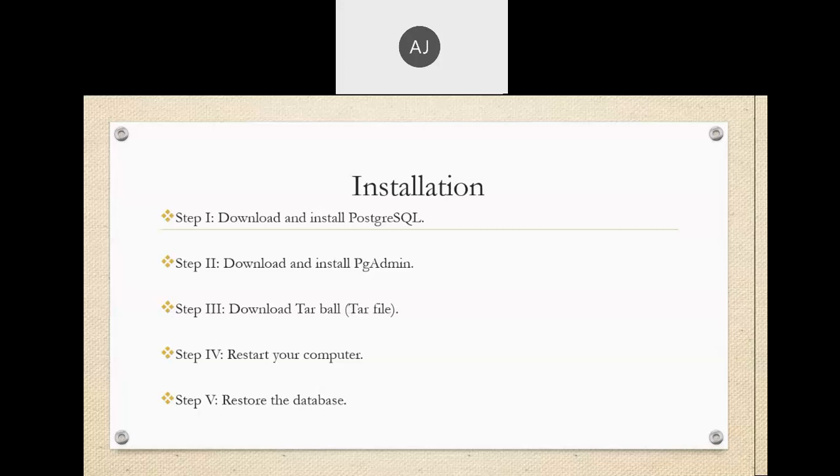Why do we require that file? This file contains a database, and that database contains a certain number of tables, and those tables contain information. So we are able to perform the practical. For example, I want to retrieve data from the database. For that, we require a table name. For that, we require the data. If you don't have data, then how can we perform the operation?